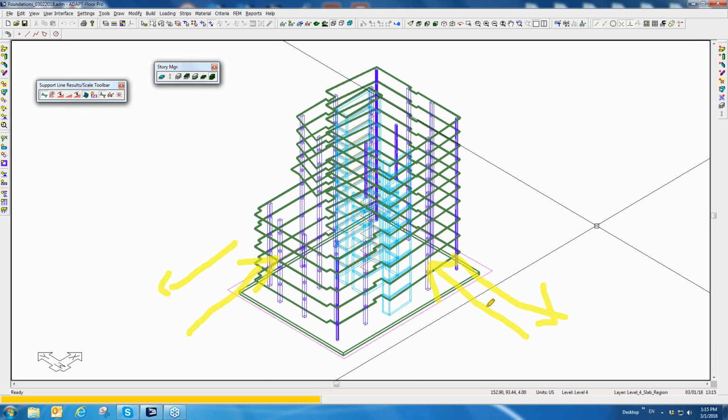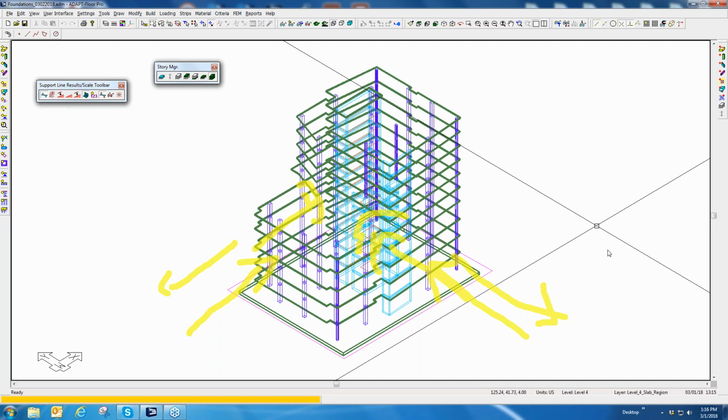We have a handful of loads, but we're not going to apply all of those in this example. And then we have earthquake loads also in the X direction and the Y direction, and those include some torsion, I think 5% eccentricity based on the center of mass for each of the story forces. So we have our sets of lateral loads and gravity,